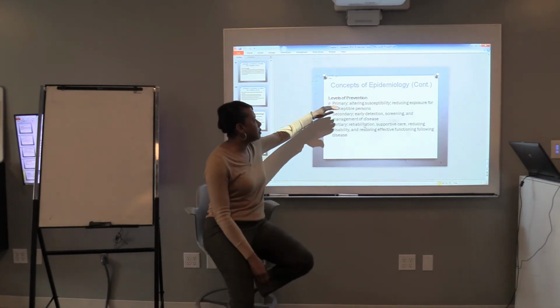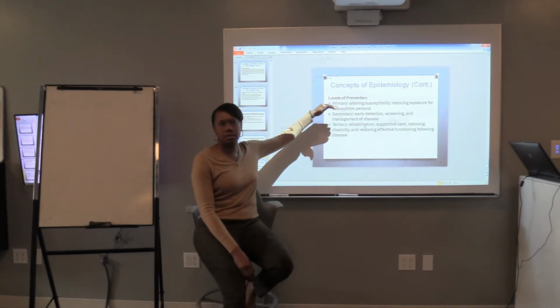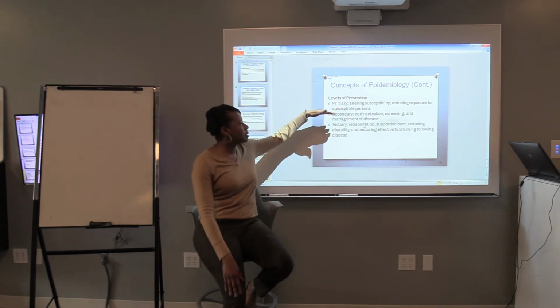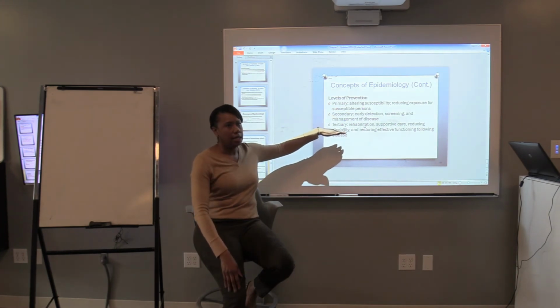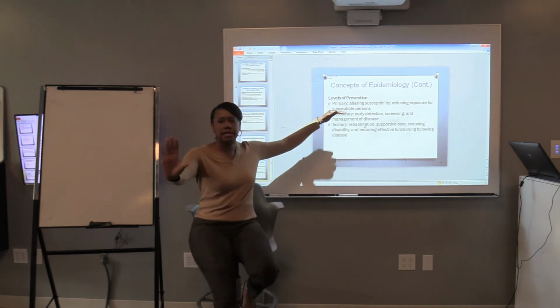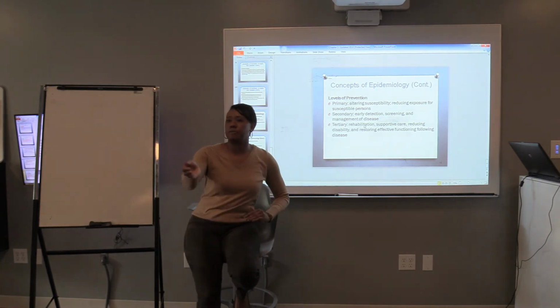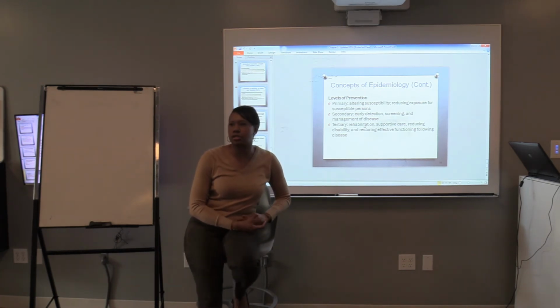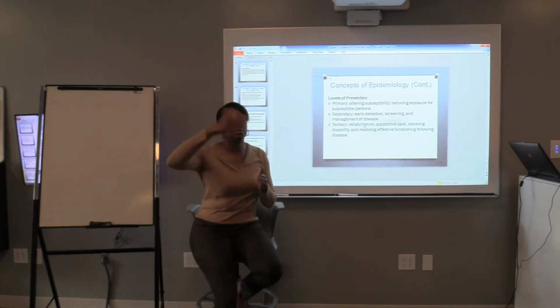The important thing here is with primary, the condition or the disease has not started yet. When we get to secondary and tertiary, it's possibly on its way or starting or has started. So here, the disease hasn't started yet, so we're trying to prevent it from happening. That can be vaccinations, definitely patient education. Providing patient education on safe sex or whatever it may be,